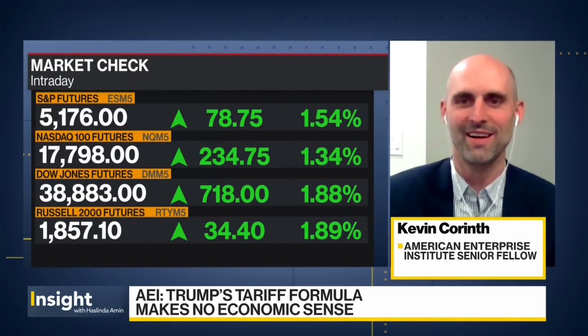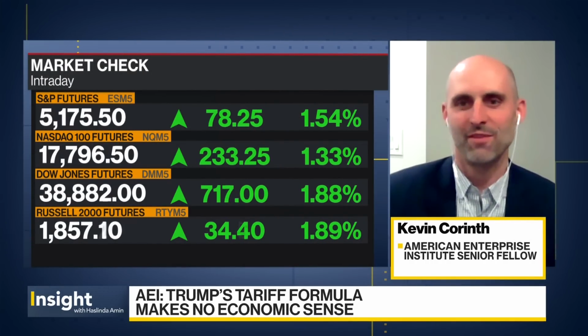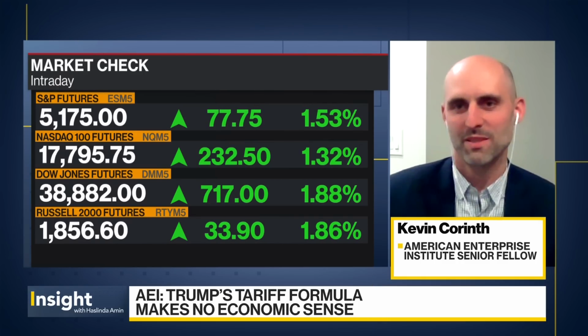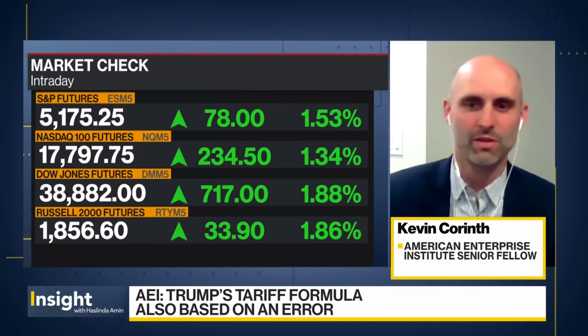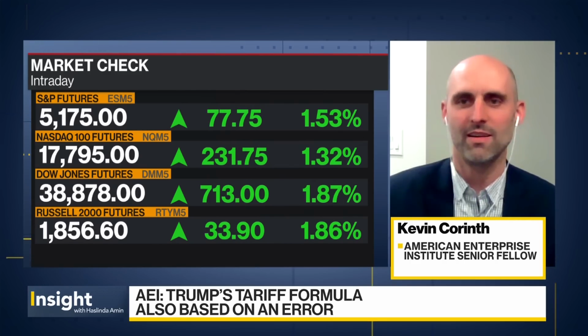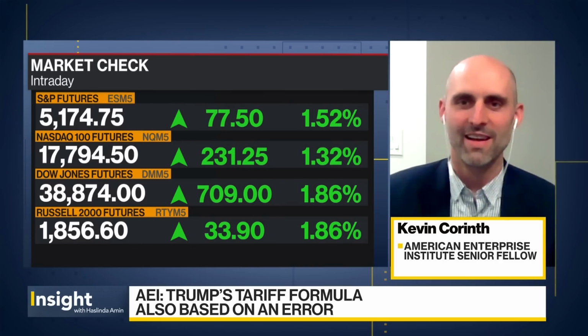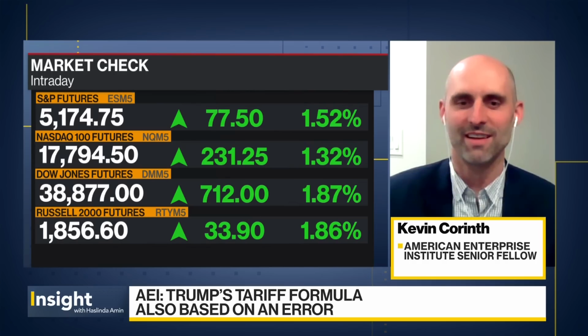Yeah, I think it really comes down to conflicting motivations. Some people within the administration want to raise money. If you tax imports, that's going to raise money for the Treasury. Some people see this as a way to create more manufacturing jobs in the U.S. Some see it as a negotiating ploy to say we want to have free trade everywhere. And I just think there's not really an alignment of what the ultimate goal is here. And I think that is a big problem.